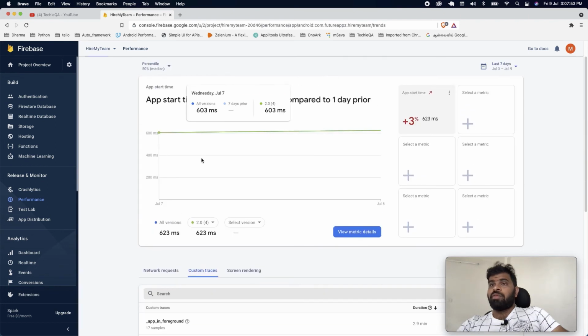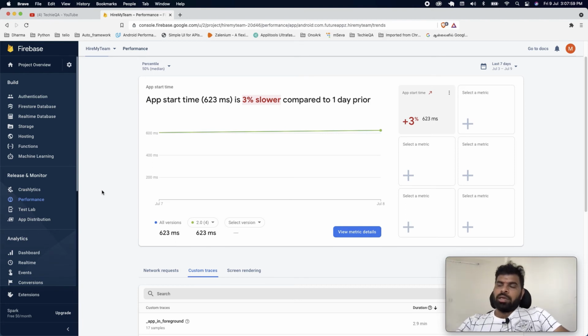So all this performance stuff you can see in the Crashlytics. All this will work if you integrated the Crashlytics SDK. So maybe if some developers are not using it, or if they are using something else, that is fine. If they are using it, this will be helpful for application quality. So as a test lead or test manager, you can suggest them to include this.